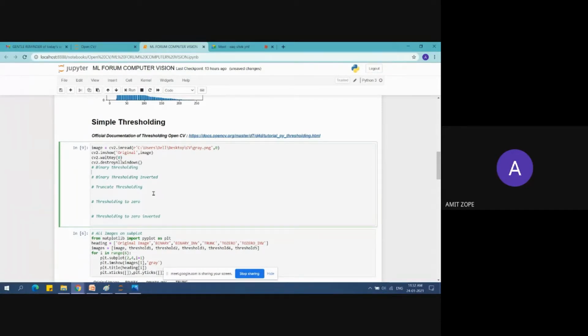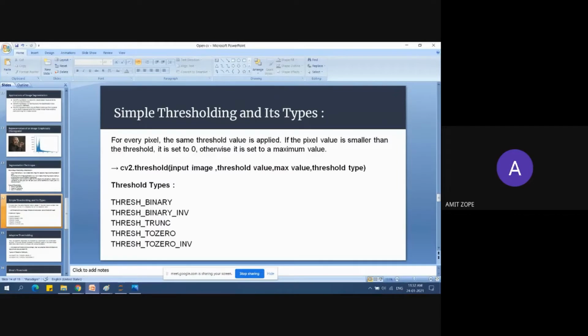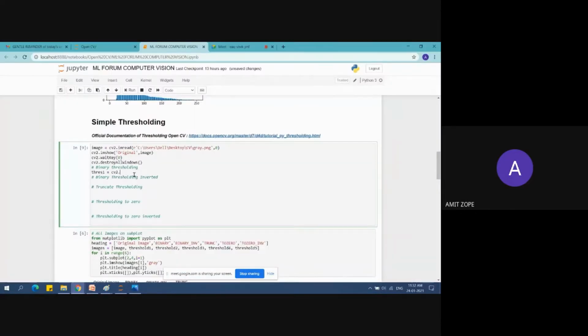I will write the thresh one. The cv2.threshold method is used here. Yeah, here it is given, that threshold method. First, you will have to specify the input image. Then you will have to specify the threshold value which you want. The maximum value is 255 in this case. And the threshold type is one of the types of the threshold. Yeah. So using that,